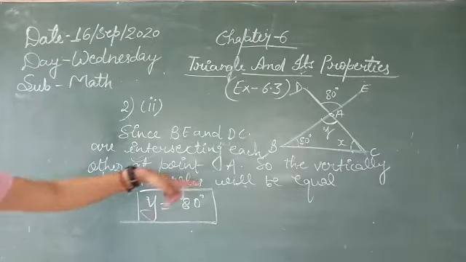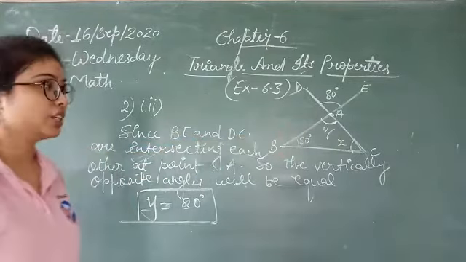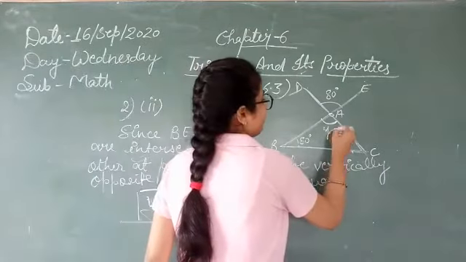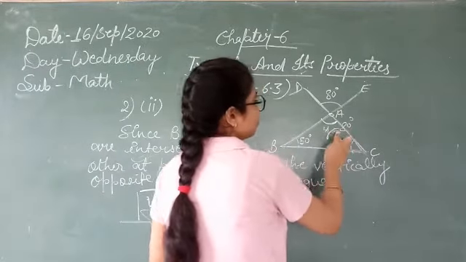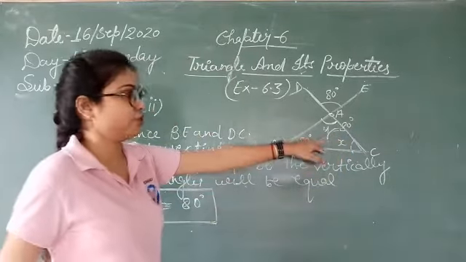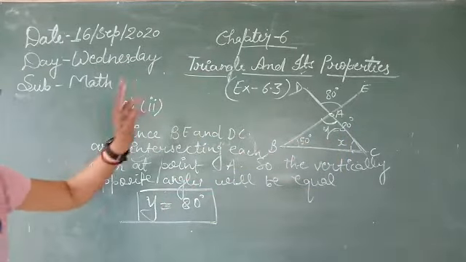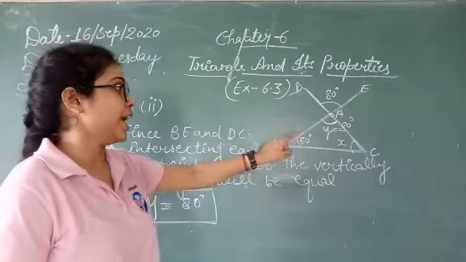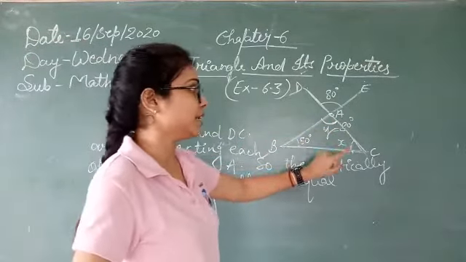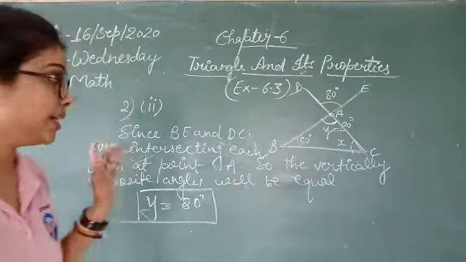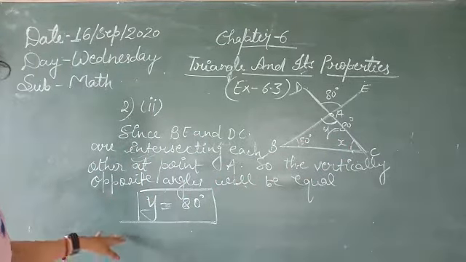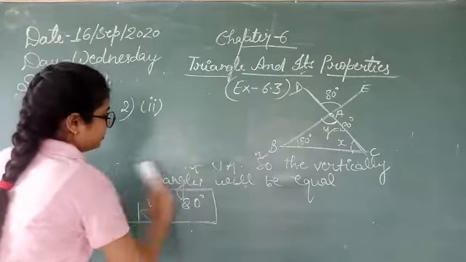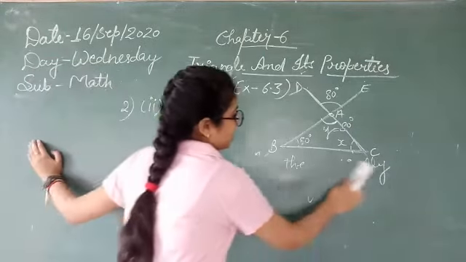Now what is left? We have to find the value of x. Now we can use the property of triangle here. Since you have got the value of y, y is equal to 80 degree, two of the values are given and we have to find only x. So we will use the property: the sum of three angles in the triangle is equal to 180 degree. That means 50 degree plus 80 degree plus x is equal to 180 degree. Here I am erasing this because there is no space.